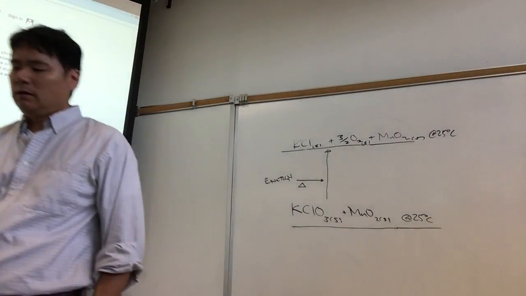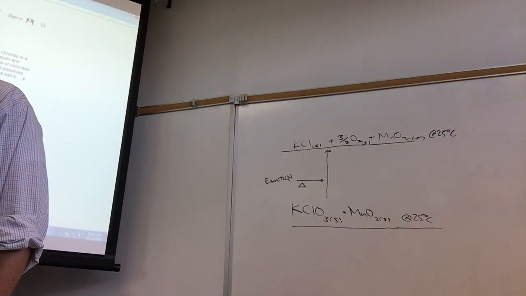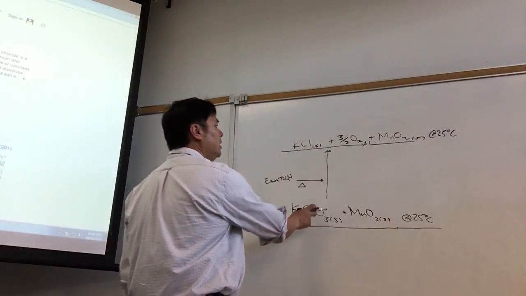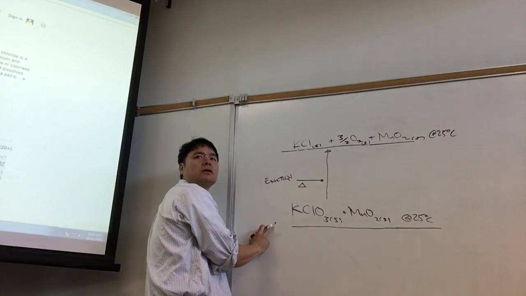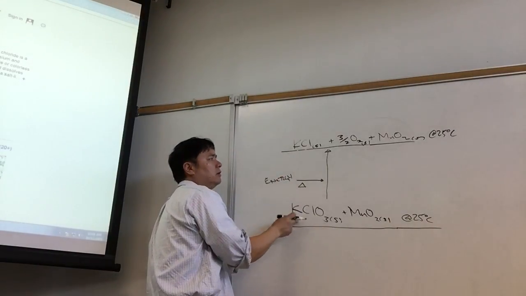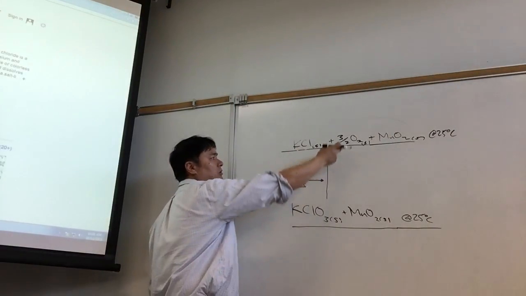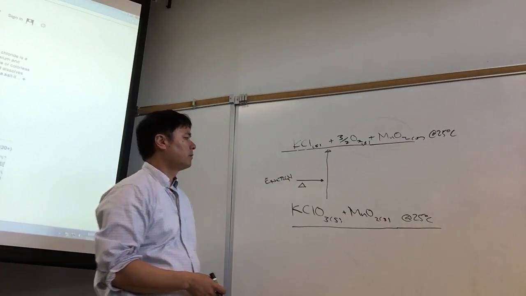Now, the first thing we always do is we always look at the system. What is the system? The system is the reaction. The reaction of KClO3, we call this KClO3 decomposition. Is this a redox reaction, metathesis, or an acid-base reaction? This is a redox reaction. And the way you can tell is you just look, did the oxidation states change? They sure did. Oxygen went from -2 to 0 there. And so we have a redox decomposition here.